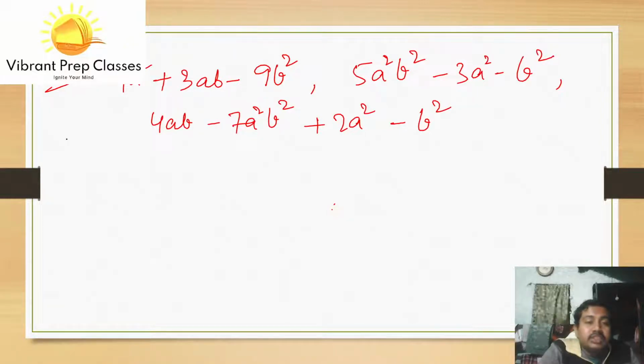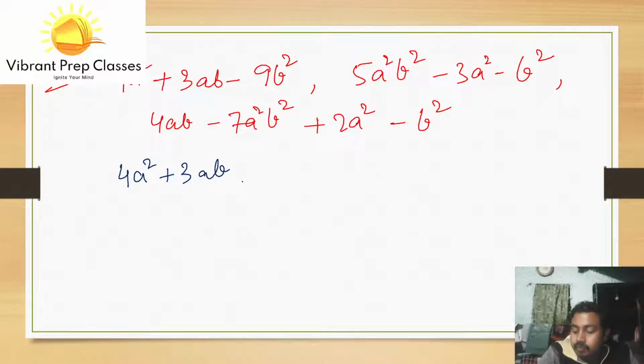So shall we see its answer? So that is 4a square plus 3ab and minus 9b square. We try to see that there is 5a square b square, but there is no term like 5a square b square, so we'll put at the end